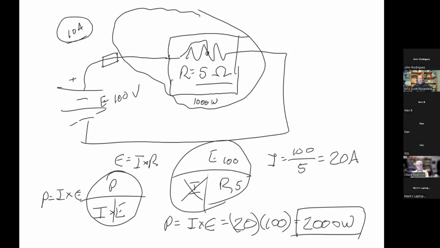So we had a circuit that at 10 amps, everything was just fine. And if we only had 10 amps in here right now, we would probably still, I squared R, let's see, 100 times 5, that'd be 500 watts. We would still be fine. So the problem is that there's now too much current. So if 10 amps is okay and 20 amps is no good,